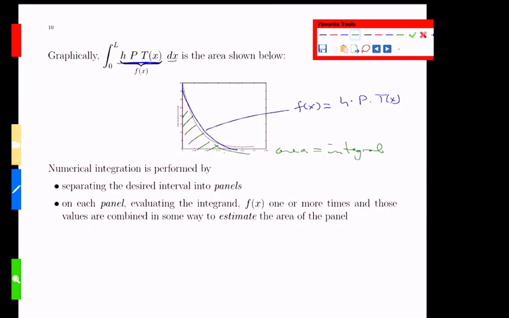So what we're going to do is go straight back to what you saw in first year. Integrals and areas, those are related. So why don't we think about how we could estimate that area using some other shapes? Again, the problem here is that this is a curved graph. We don't know how to find the area underneath that, or maybe we forgot, or maybe it's too hard. We don't know how to work with it right now, though. So let's get the computer to do some heavy lifting for us and estimate that area by subdividing it. What we're going to do here is subdivide into little panels. And on each panel, we're going to be able to estimate the area pretty well. And if we do that for a bunch of panels, then we're going to get a pretty good estimate for the area